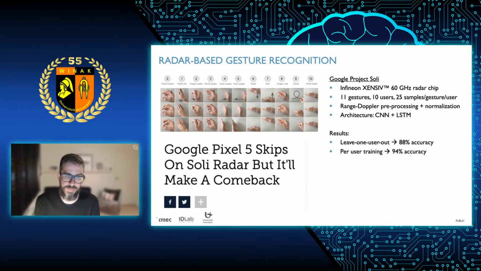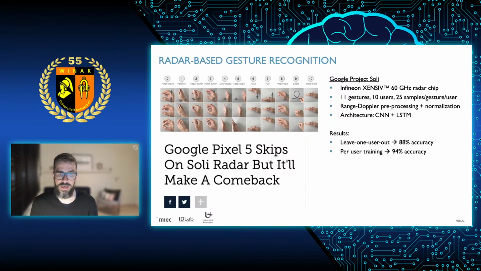It didn't work because the accuracy of that Google device was just not good enough. So you were able to do about 11 gestures on that device, swiping left, swiping right, zooming in, zooming out, and so on. And Google used a traditional deep learning approach for that, a convolutional neural network combined with an LSTM. And for that, they got the following results.